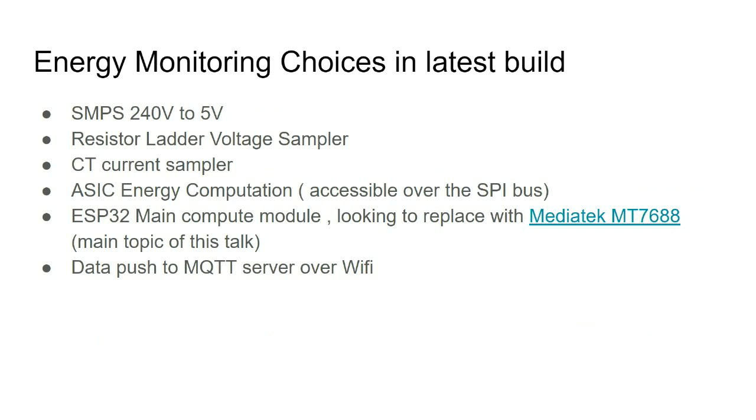I have gone through lots of different iterations of mixing these things together and trying to cook up a meter that works. So the current one uses an SMPS, 240 volt to 5 volt, a resistor ladder, and then CTs for current sampling, an ASIC from Microchip Atmel for performing the energy computation, which sits on a Serial Peripheral Interface, SPI bus, with an ESP32. And then this talk is about transitioning, like the previous talk, from the ESP32 to something else, like a Linux compatible thing